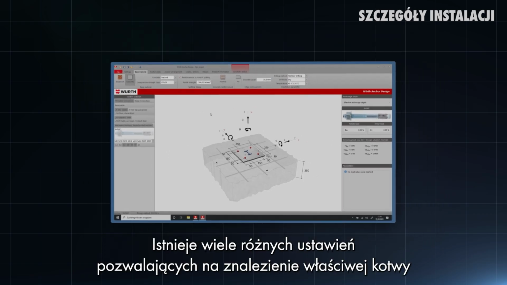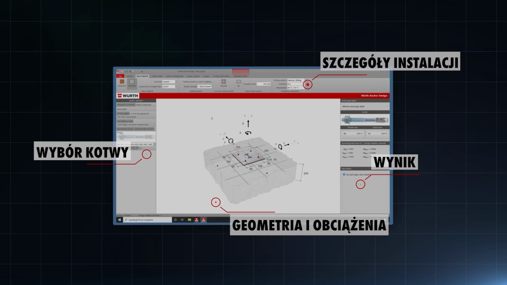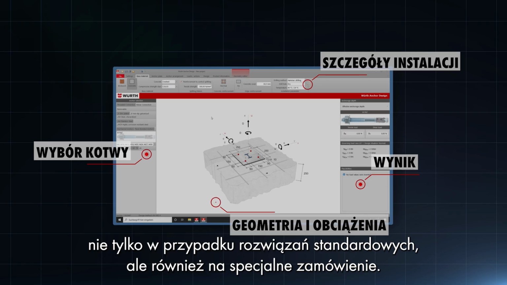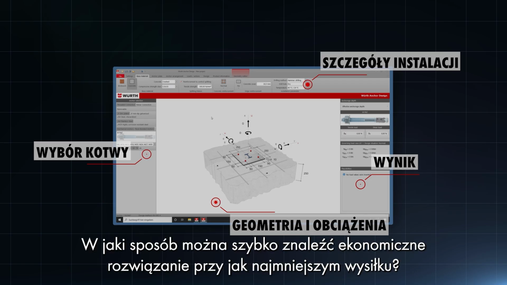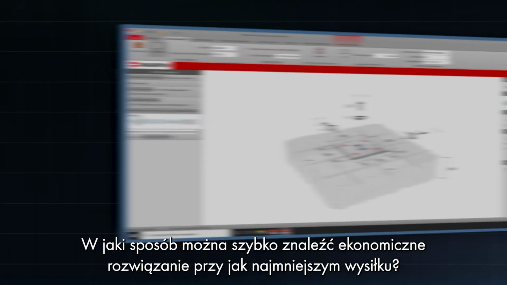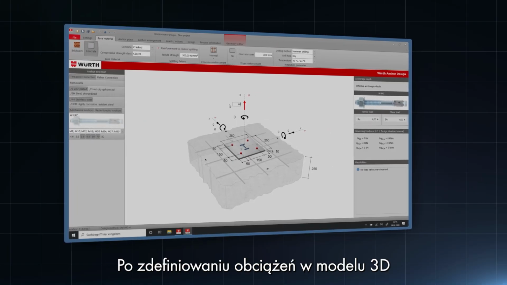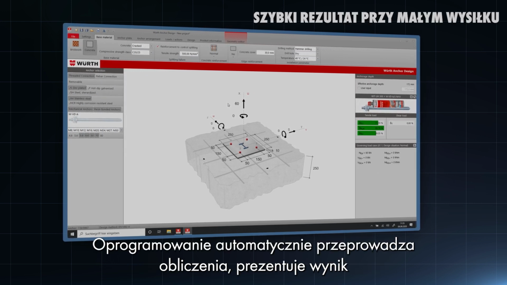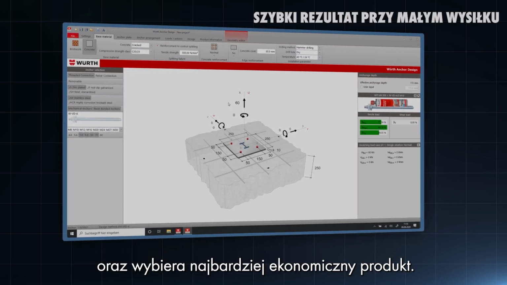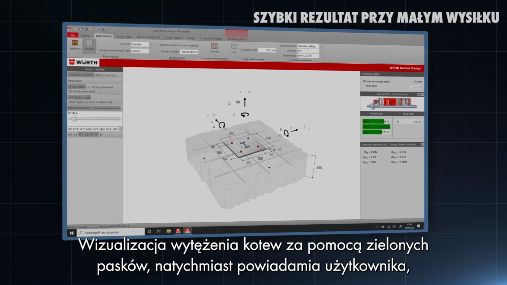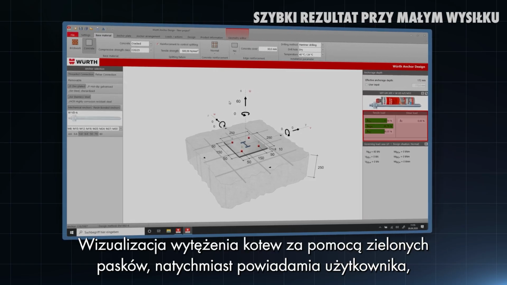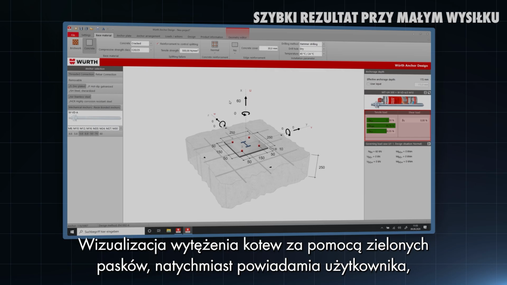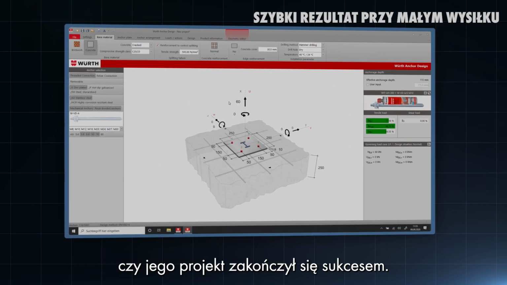There are many different settings to find the right anchor, not only for standard, but also for special assortment solutions. But how can you quickly find an economical solution with as little effort as possible? By entering the load in the 3D model, the Würth anchor design software automatically calculates a result with the most economical product. The visualization of the anchor utilization with green-colored bars notifies the user right away whether his or her